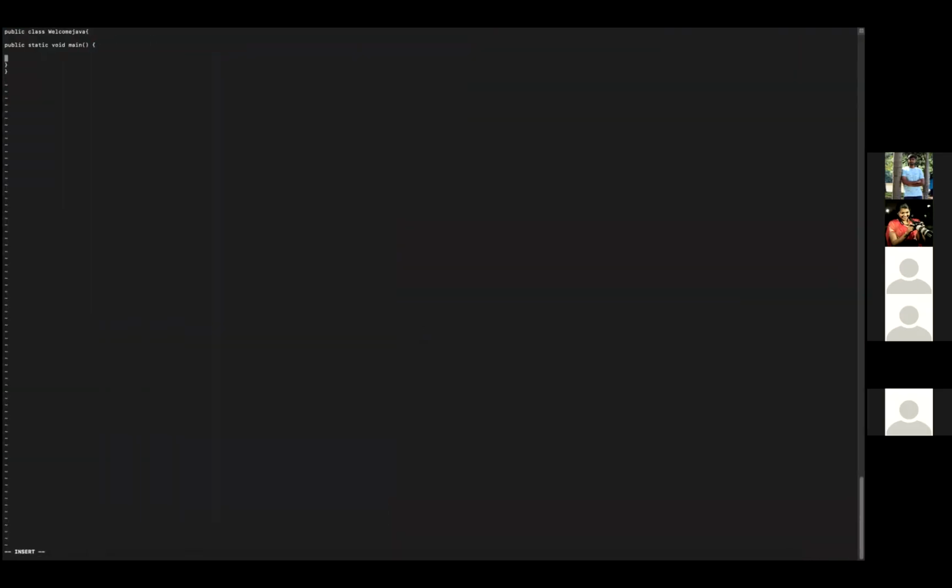Okay, so within the main, can you just type System, with capital S, dot out, dot println. Within that, type some text message and close it with a semicolon.